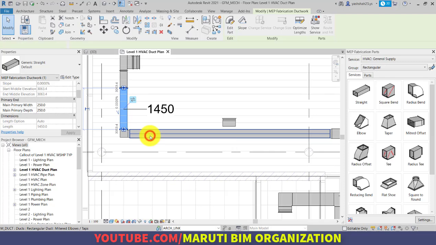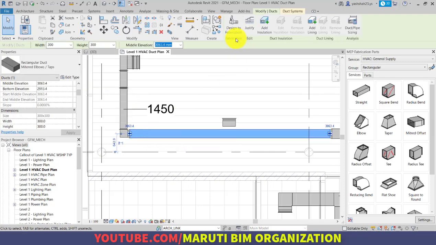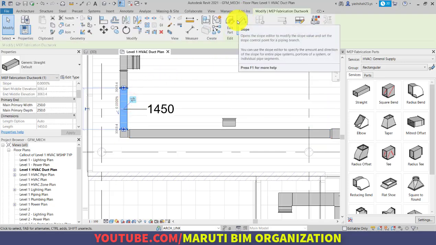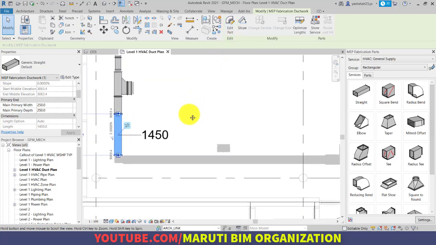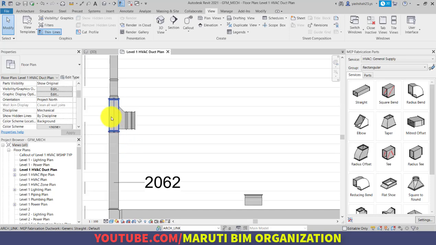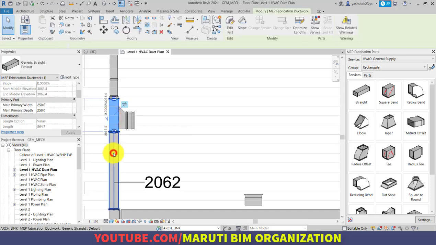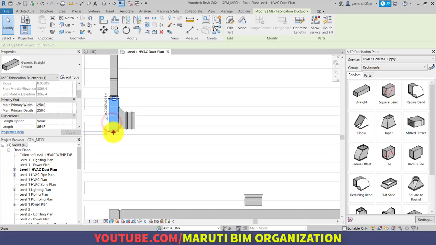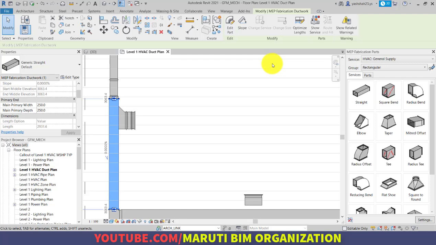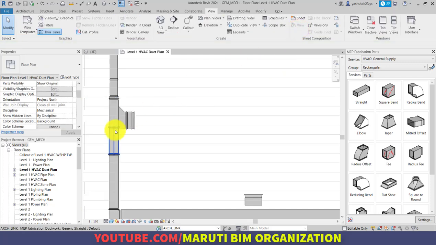Here, as you can see, if I select this duct, there is the option of design to fabrication, but if I select this duct, there is no option of design to fabrication, because this duct has already been designed to fabrication. Okay, so I am removing this small duct and dragging it somewhere about here, and we will drag this duct. So this is one part of the duct, and we will optimize the length.